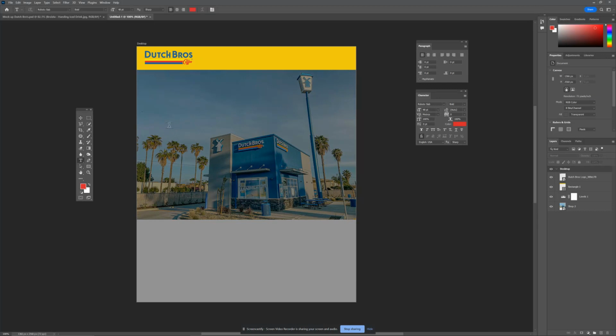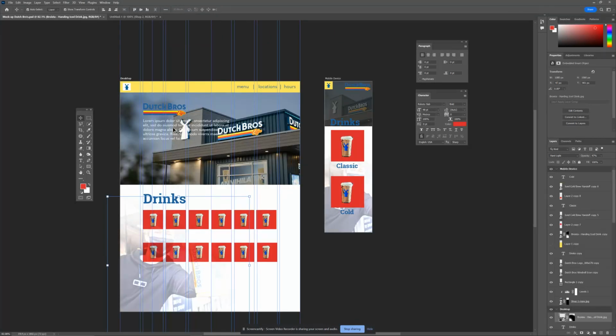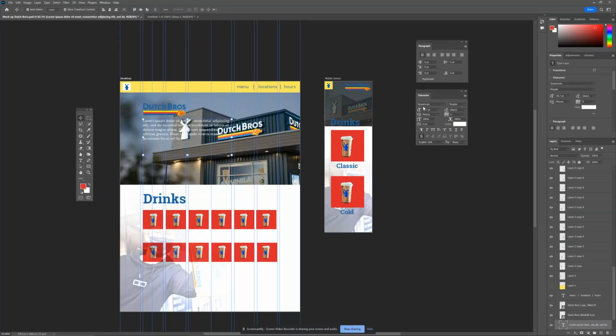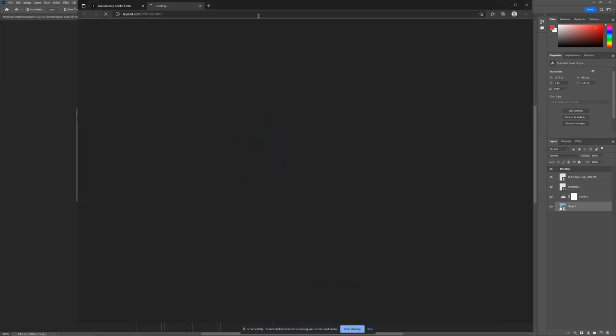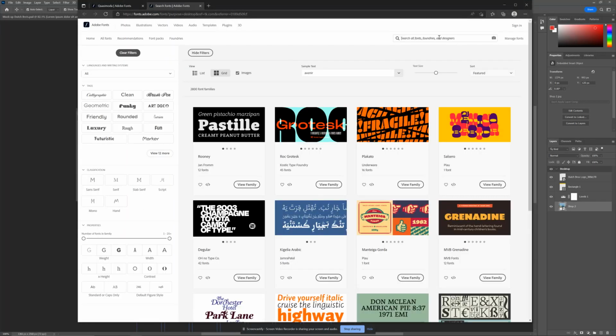Okay, I'm gonna get the type tool. And then what I'm gonna do is before I start making my text box, I'm gonna click on this. All right, so let's go ahead. I like the font pairing, and I had to activate some fonts to make it happen. So right here, I use Quasimodo. And what I did is I activated that font. So if you don't have it activated, you can click right here, more fonts from Adobe. And then if you want to type in that font,